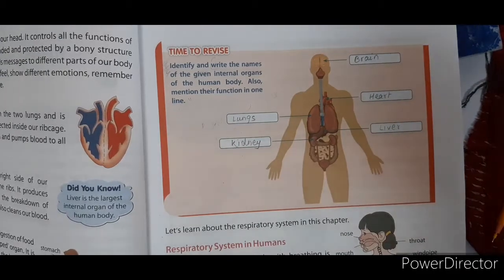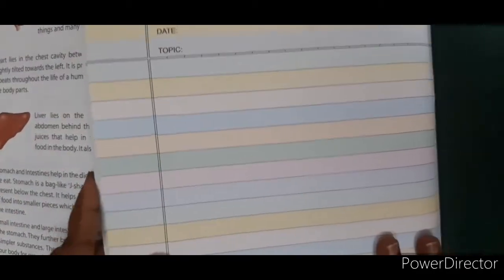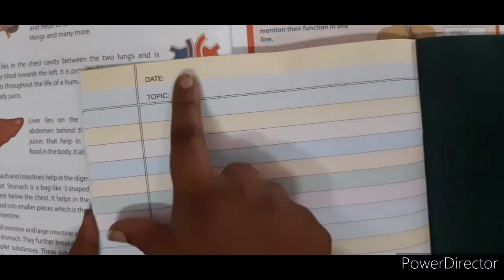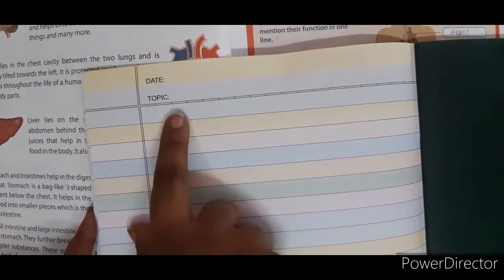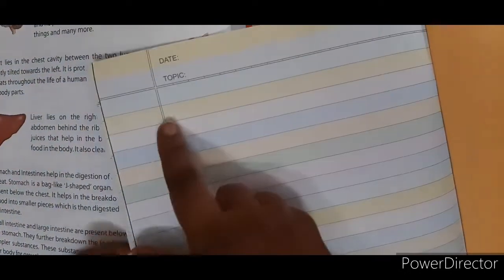I'll show you how you're going to do it in the scrapbook for this. Now see, in the scrapbook, if this is the date, you have to mention the date, then the topic is science, and then here you're going to draw it. Better you draw, if you're sticking it, this area is fine, but I think you should take a lighter shaded part like this. So here if you draw it and you label it, and you have to write here one by one.